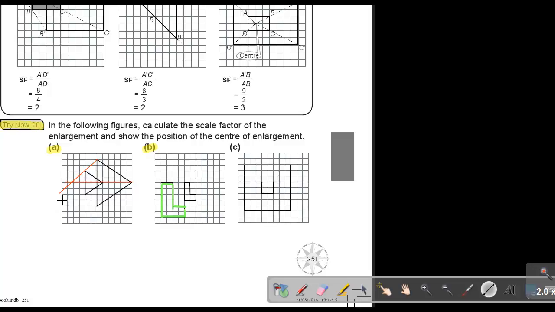Okay? And then the next one. Okay. And then the center, this is the center. And it's going to be there. Okay. And if you look at this one, let's just quickly see. If I must find the scale factor, now remember the scale factor, okay, let's just write it here. The scale factor,